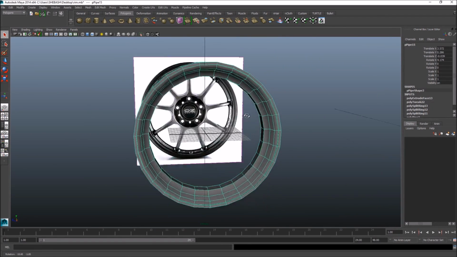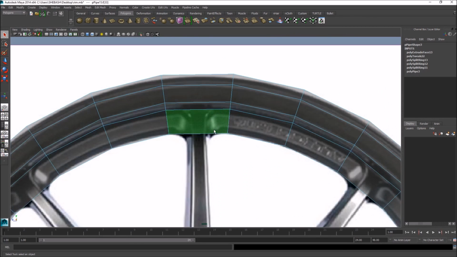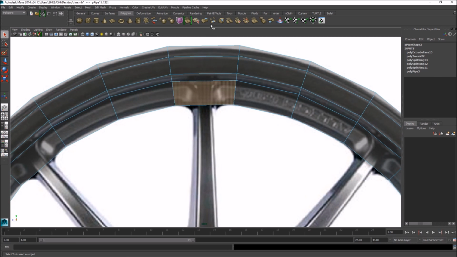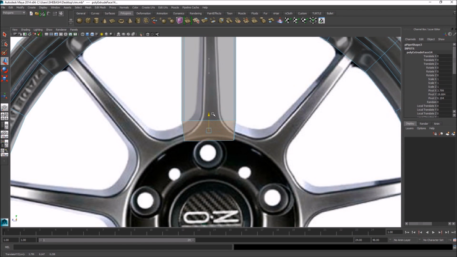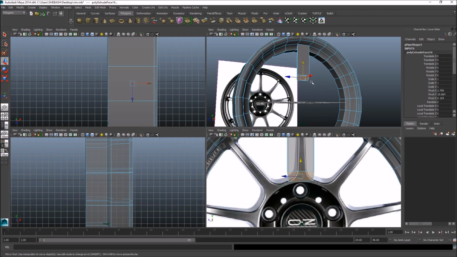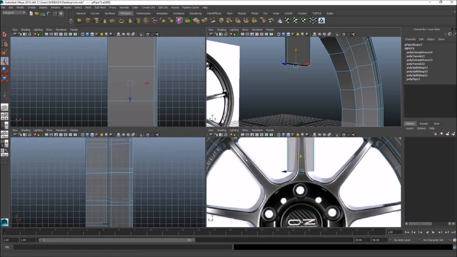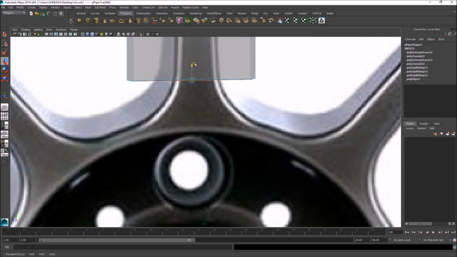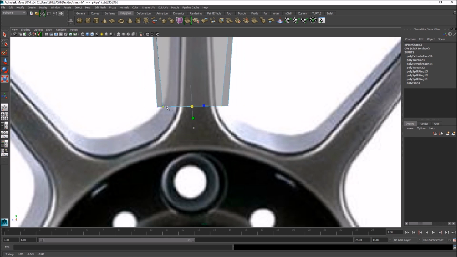And okay, now I'm going to extrude the spoke out of this piece. You see it's lined up. Right, extrude and move it down around here, I think, or maybe a little bit lower, around here. I'm just going to adjust this, kind of the same level. Yep, like that. And now I'm going to edit the vertices